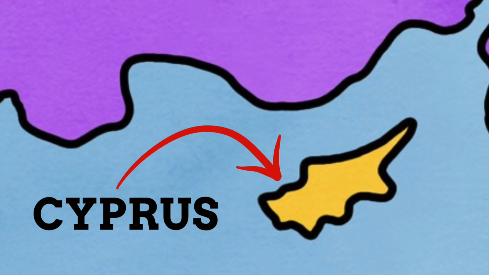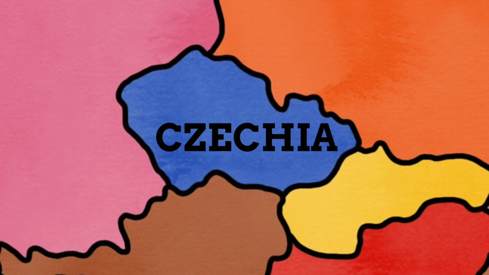The island nation of Cyprus, however, isn't named after a group of people, but is rather named after a type of tree that has grown on the island, that being the cypress tree, though other ideas include the name coming from another kind of tree and even an old word for copper. And as for Czechia, it's named after the Slavic Czech people, who were in turn named after their legendary founder,